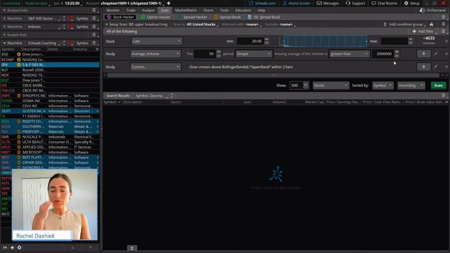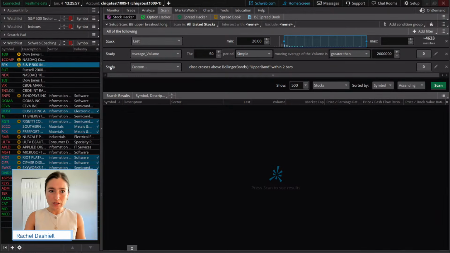I usually do that for option scans. I know some will look at scanning the weekly options, things like that. But if you are looking for more liquid options, usually looking at the more liquid stocks really helps in this scenario. And then as far as the last filter here, and again, these study filters only show up in your live trading. So keep that in mind. You will not see these in paper money.